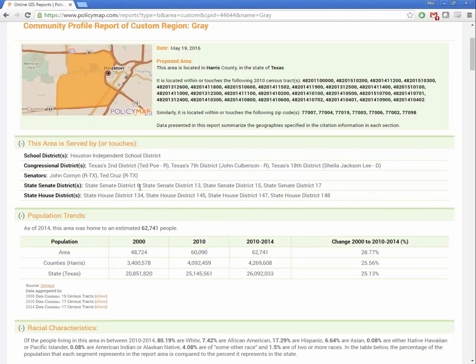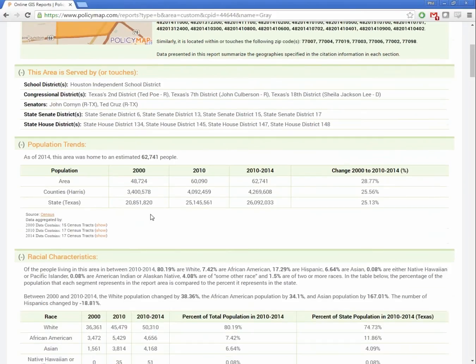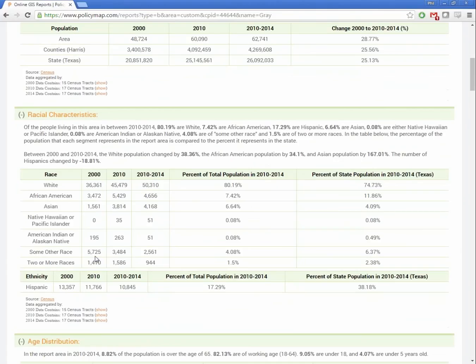So the top part of the report just talks about the area that our custom region fits in, things like congressional members and senatorial districts that it touches. And then we get into the data itself. This shows you what the population was in 2000, what it was in the 2010 census, and then what the ACS estimates the population is in 2014. And then from there, you have a little bit of calculation. My custom region's growth is actually pretty close to the county and the state growth, which is kind of neat. There are racial characteristics for the area,